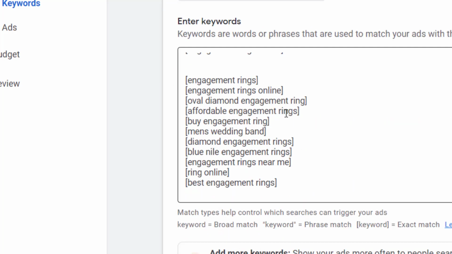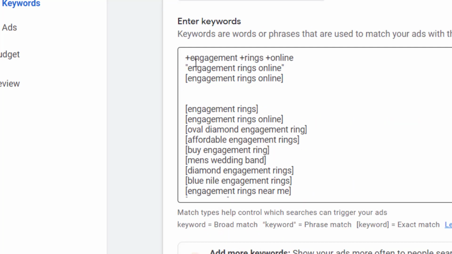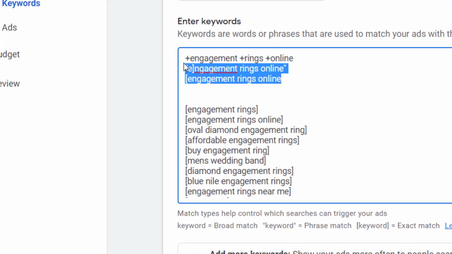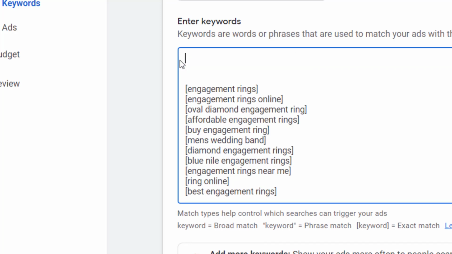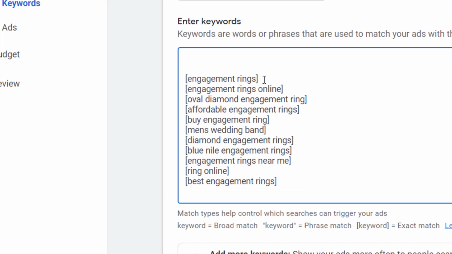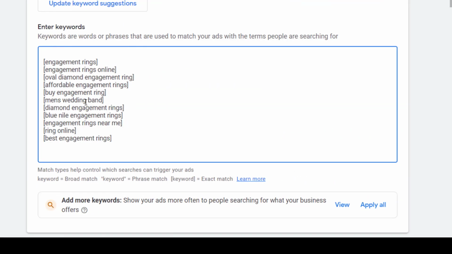So in this case, I will erase exact match. Exact match is a great way to avoid wasting money, especially if you are just starting.